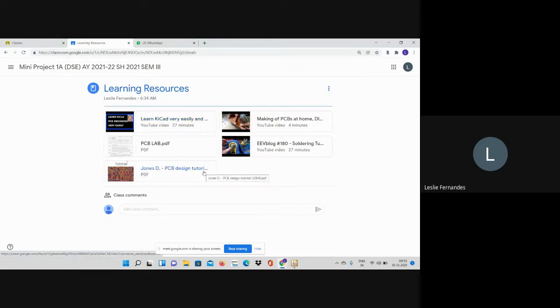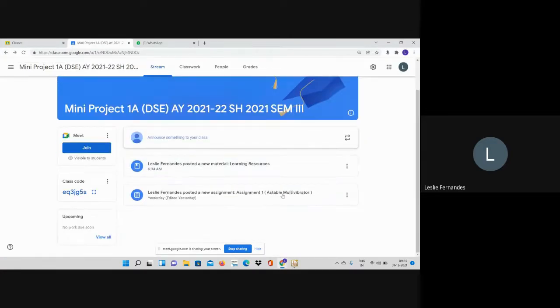Then you'll get why I have selected 100 mils, 25 mils, 50 mils. You will understand why I selected them, and all the conversion ratios. It is given over here. There is a video on how to make a PCB and how to solder it, which you can view later. And this is the syllabus for the PCB lab that's there in your next semester. So in learning resources you will find everything.